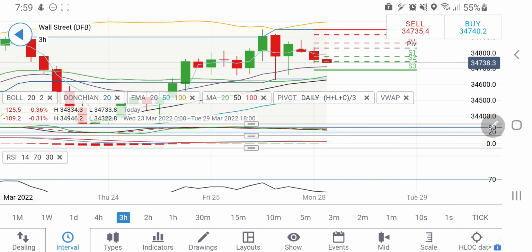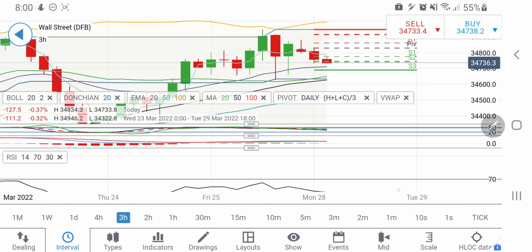Remember, any rise till 34,850 is a good level to go short, but any rise above 34,850 is a good level to exit. Beyond that, it will try to hit 35,000 and then 34,900, yes, a little support, then 35,000 will be a good resistance. Beyond that only it will fly. Till the time it is below 35,000, in fact till the time it is below 34,850, one can remain short on US30.